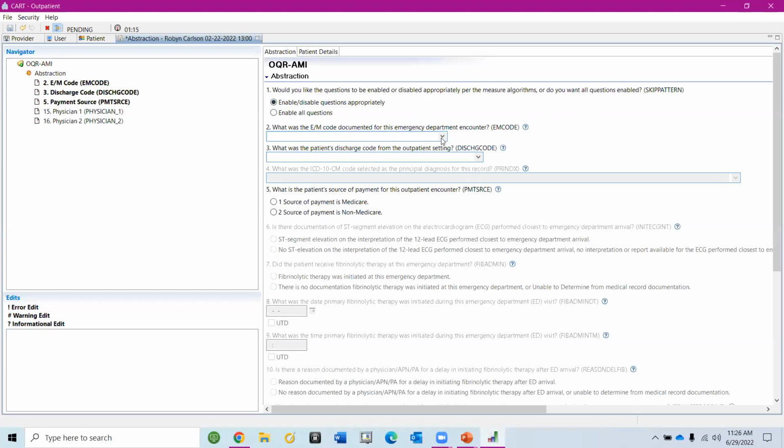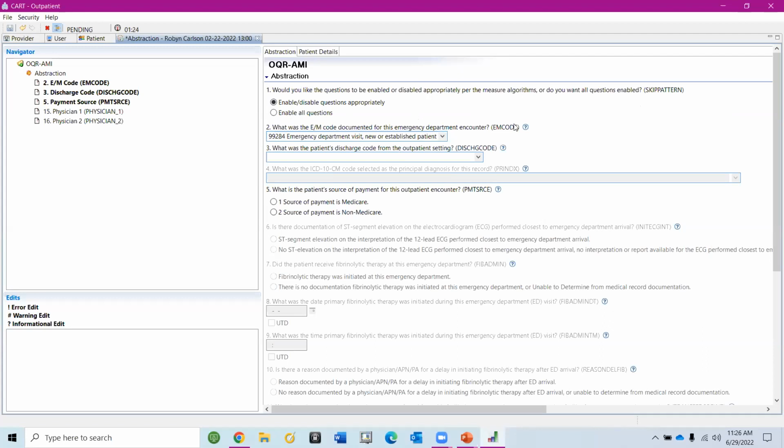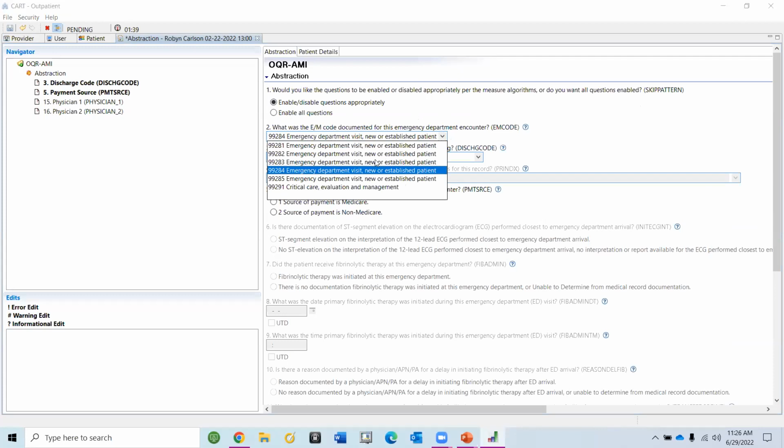Okay, and then it asks for the E&M code. So whatever E&M code it was, let me give you a little tidbit here. It doesn't say this anywhere, okay? This is just knowledge from years of doing this. And I'm not trying to say that you don't want to be correct, okay? But whatever you put for this E&M code, really the E&M code in abstraction here is just to show that